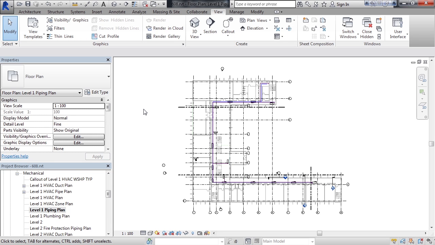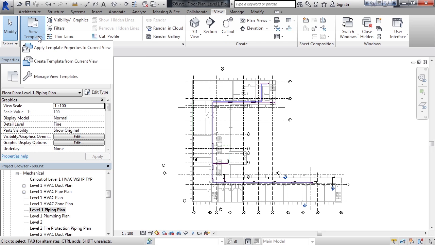So to see these templates for views, let's go to the View tab on the ribbon. And then all the way to the left, you have View Templates. And it's a drop-down. There are 3 options in the View Template drop-down. The first one will allow you to apply a View Template property to this current view, meaning you would select from the template